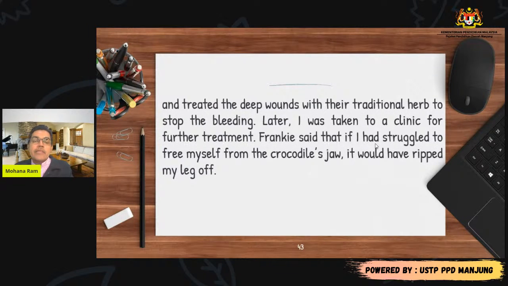Now, when you're writing narrative, you need to have your flow of the story, and you need to have a lot of vocabulary. What you need to do is practice. If you are very weak, let's say you always score 19 or 17 or 16 in your essay writing, go and look for a simpler essay.